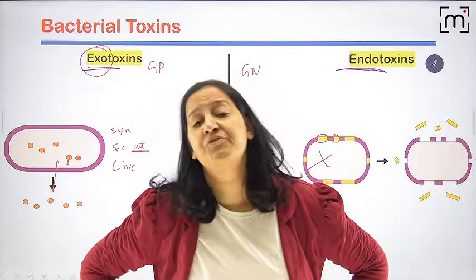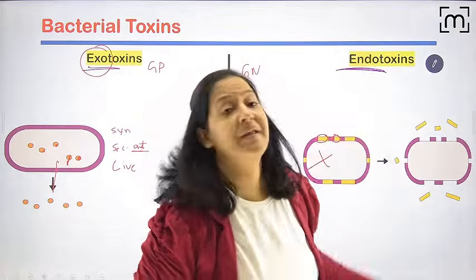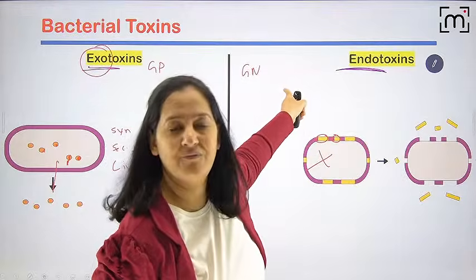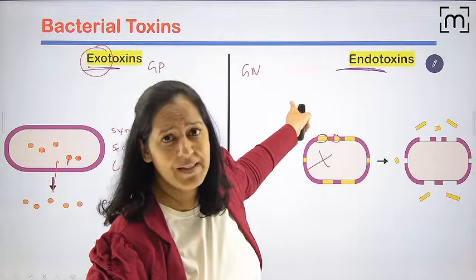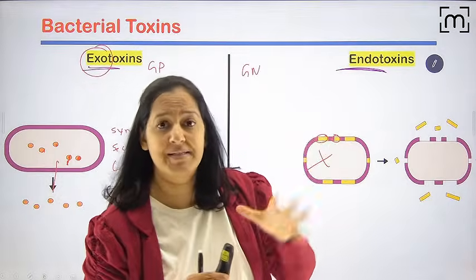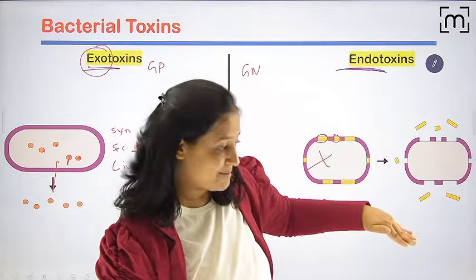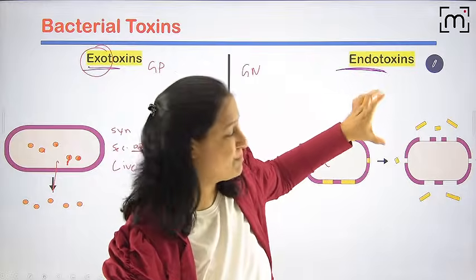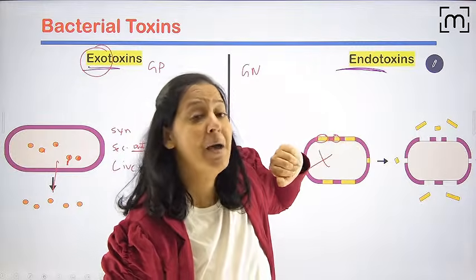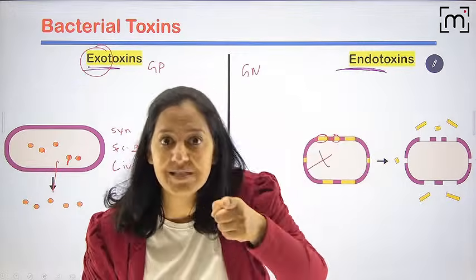Who is attending the session from the beginning? Tell me the cell wall of gram-negative bacteria. The cell wall was not simple. It had 5 components. One is the plasma membrane, the outer membrane, the space between the 2 which is the periplasmic space, peptidoglycan, and lipoprotein. The last one is lipopolysaccharide.